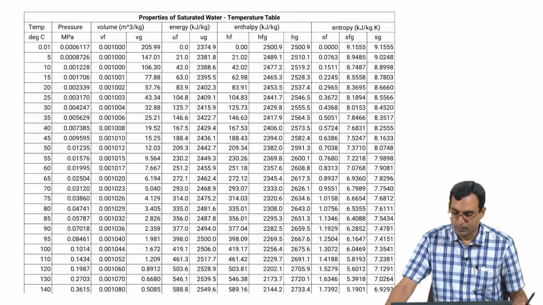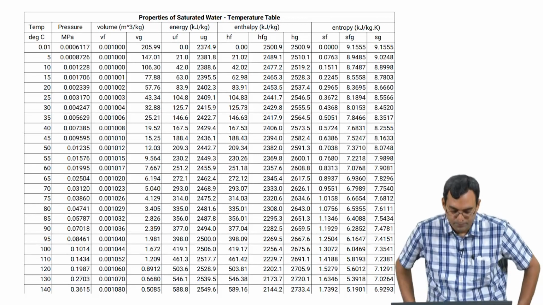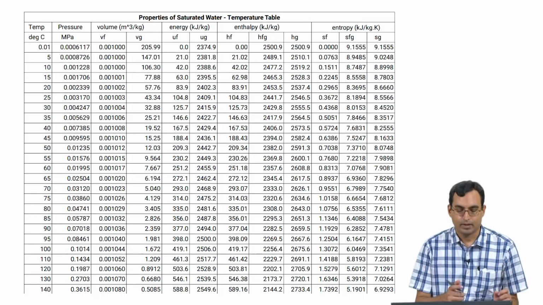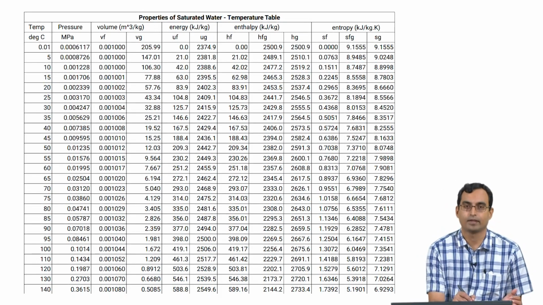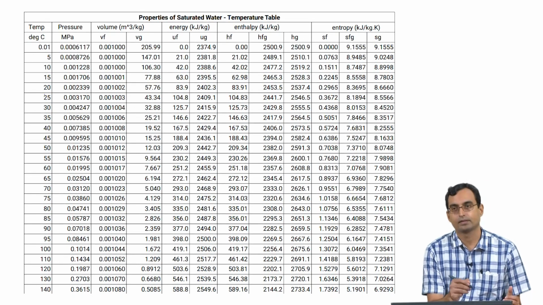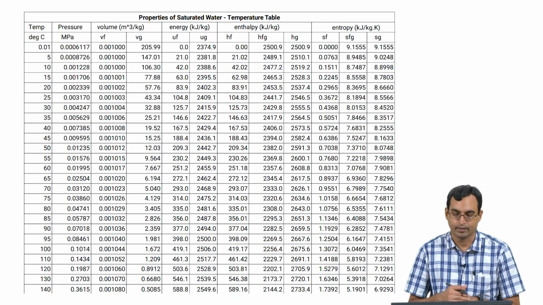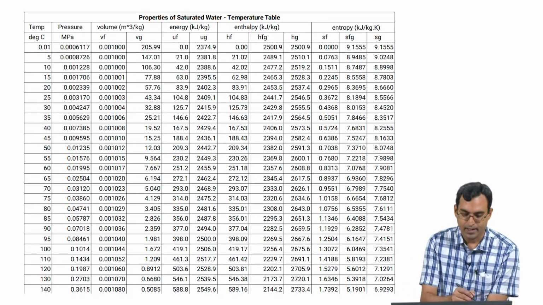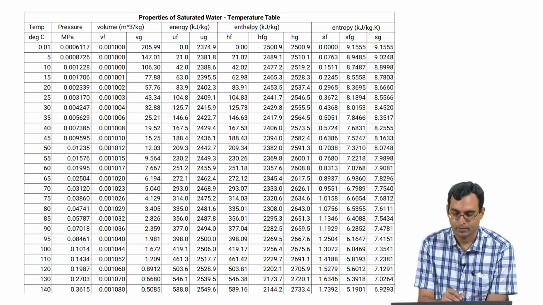So, depending on whether we are looking for pressure, whether we know the pressure values or the temperature values, it may be more convenient to look at either of these tables. The values in between which are not here, for example, if I wanted a value at 22 degrees, I could always interpolate either from this or from the previous table, it would not matter which, and get these values. So, like in the previous case, we have over here temperature in degrees centigrade, pressure in megapascals,